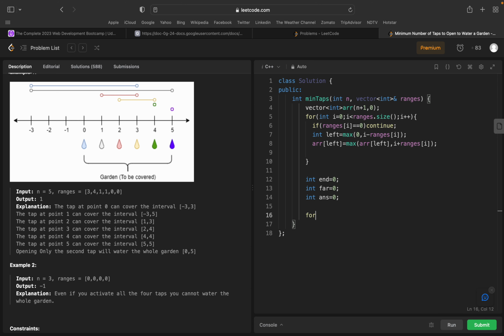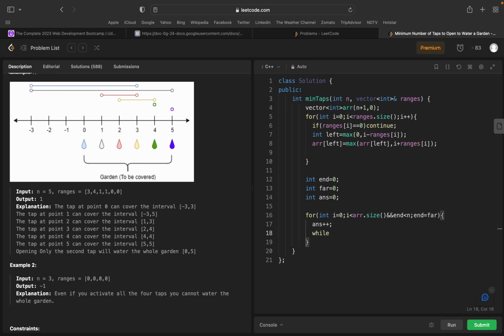Then again I will apply a loop for int i equals 0, i less than arr dot size, and end less than n, then i plus plus. Then end equals far. Then answer plus plus,